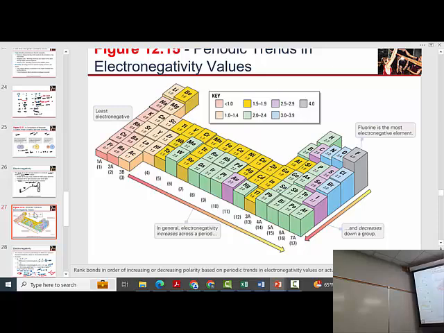So hydrogen's electronegativity is 2.2, but nitrogen is 3.0. Nitrogen's closer to fluorine. And the closer we get to fluorine, the more electronegative it is. And so hydrogen is less electronegative, and one of the rules in drawing Lewis structures is least electronegative goes in the center. But then there's another rule that supersedes that, and that is hydrogen can only form one bond, so